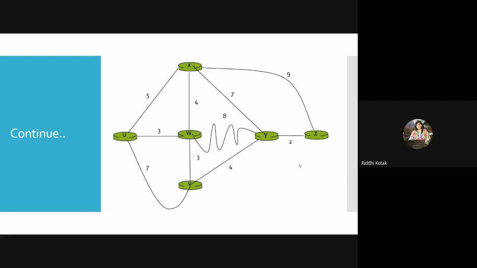W node is already visited, so no need to check for that. X we are currently accessing, so there also you don't need to put anything. Now for the Y value, like X to Y. Again, if you check the possibilities like U to X, that is 5, then X to Y 7, 7 plus 5 is 12. Okay.